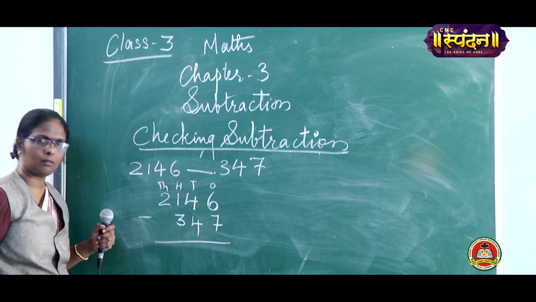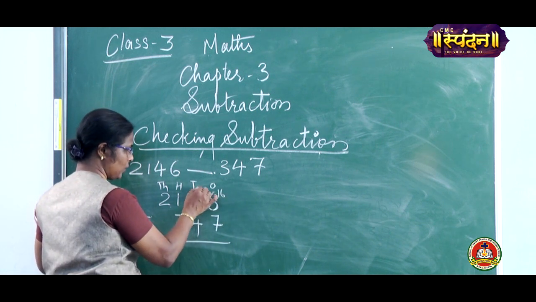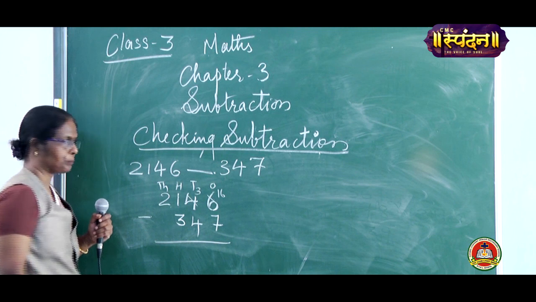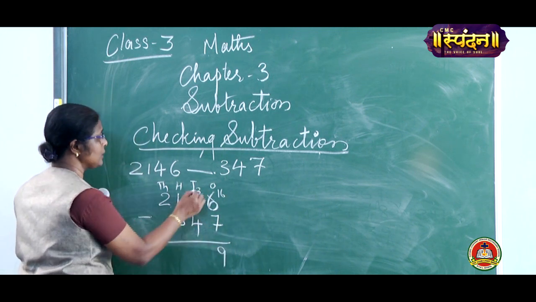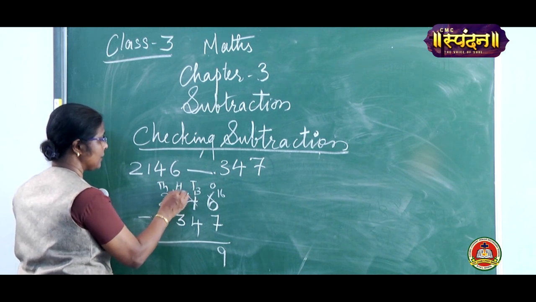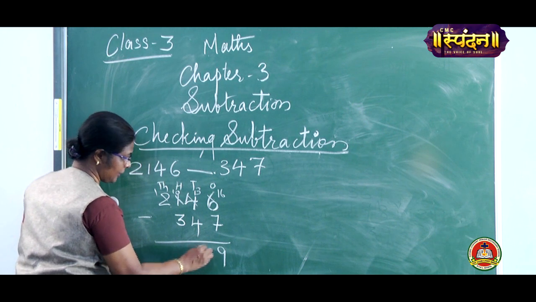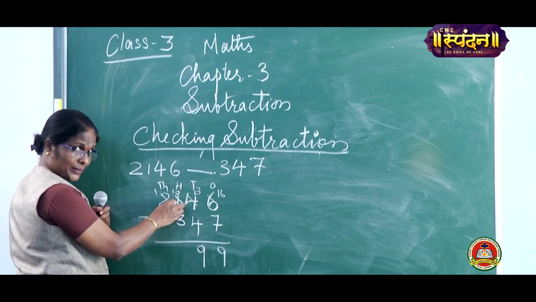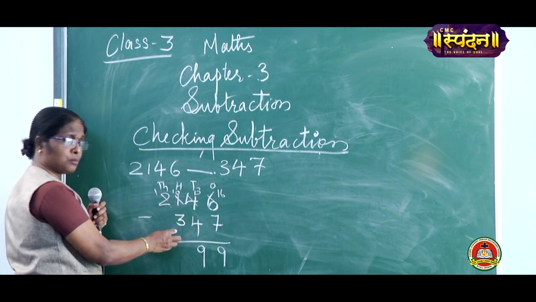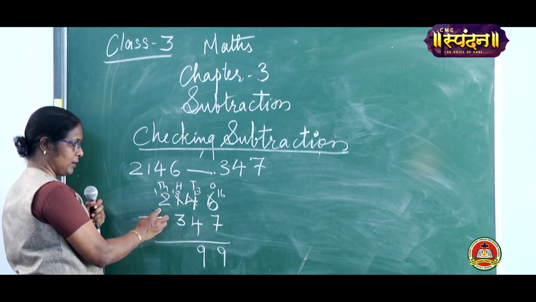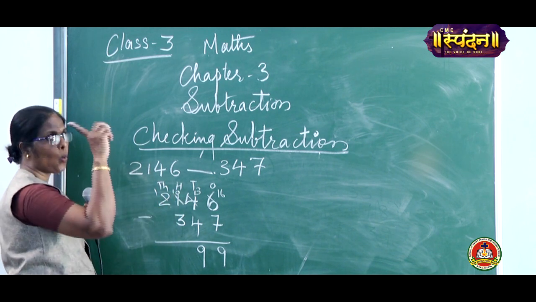I subtract it now. From 6 you cannot subtract 7, make it 16. I am borrowing 1, so here it becomes 3. 16 minus 7 is 9. From 3 you cannot subtract, so again borrowing, here it becomes 10 and here 1. 13 minus 4 is 9. The left out number here was 0, since you have borrowed 1, so it is 0. From 0 you cannot subtract 3. So again borrowed 1 from the neighboring number, here it becomes 10, and instead of 2, 1 is left out.